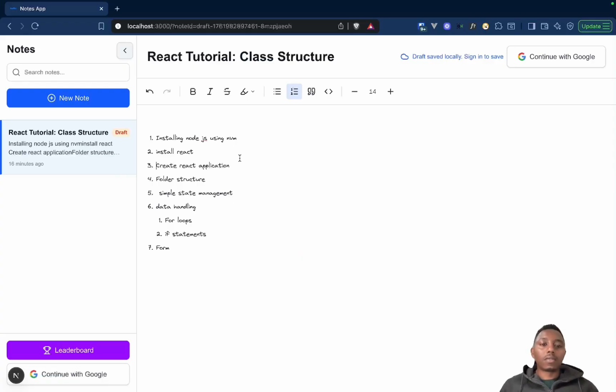So welcome to this tutorial. I'm going to be showing you how to create a React app, and this is a React application that you're going to be creating. It's a note-taking application. The first thing that you're going to do is go through Node.js installation, then React installation, creating the React application,